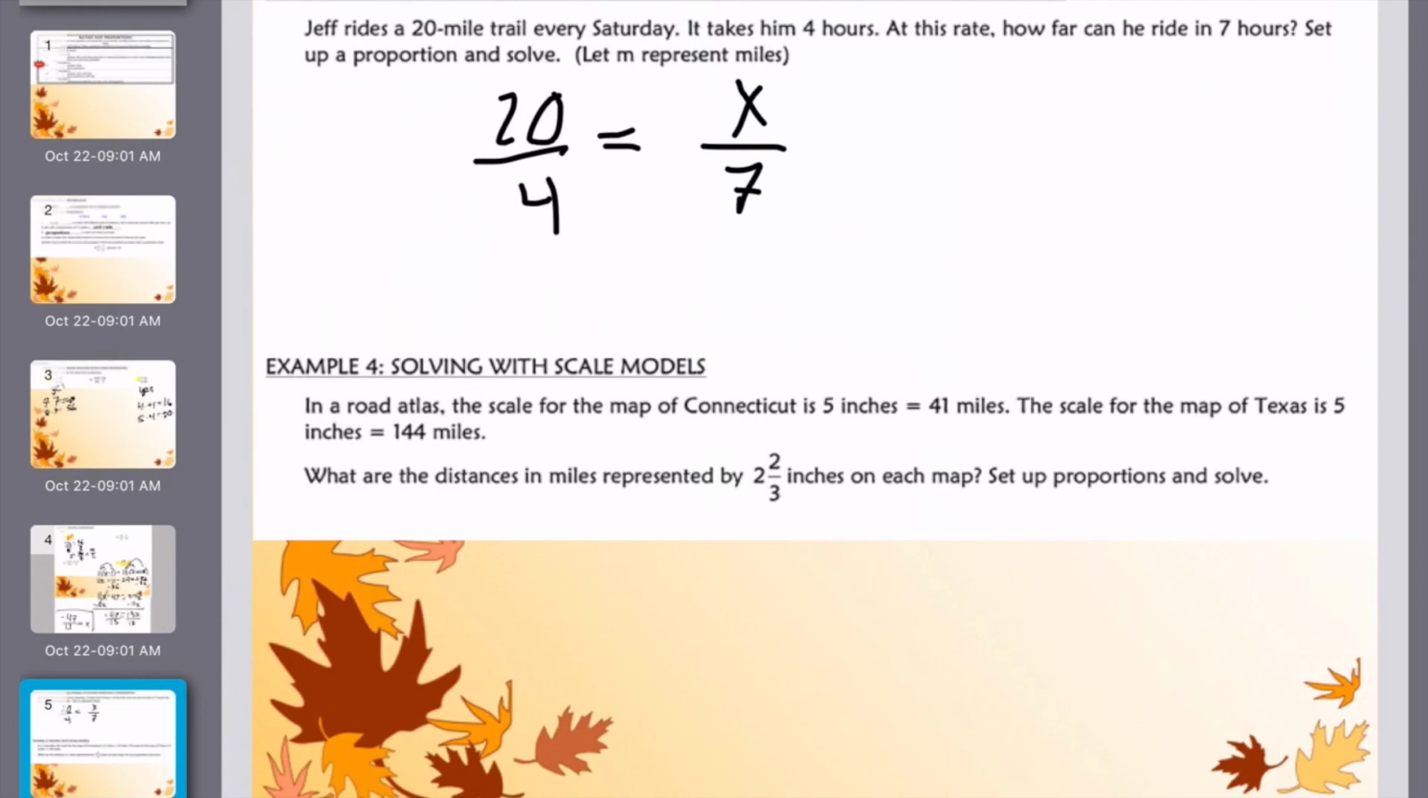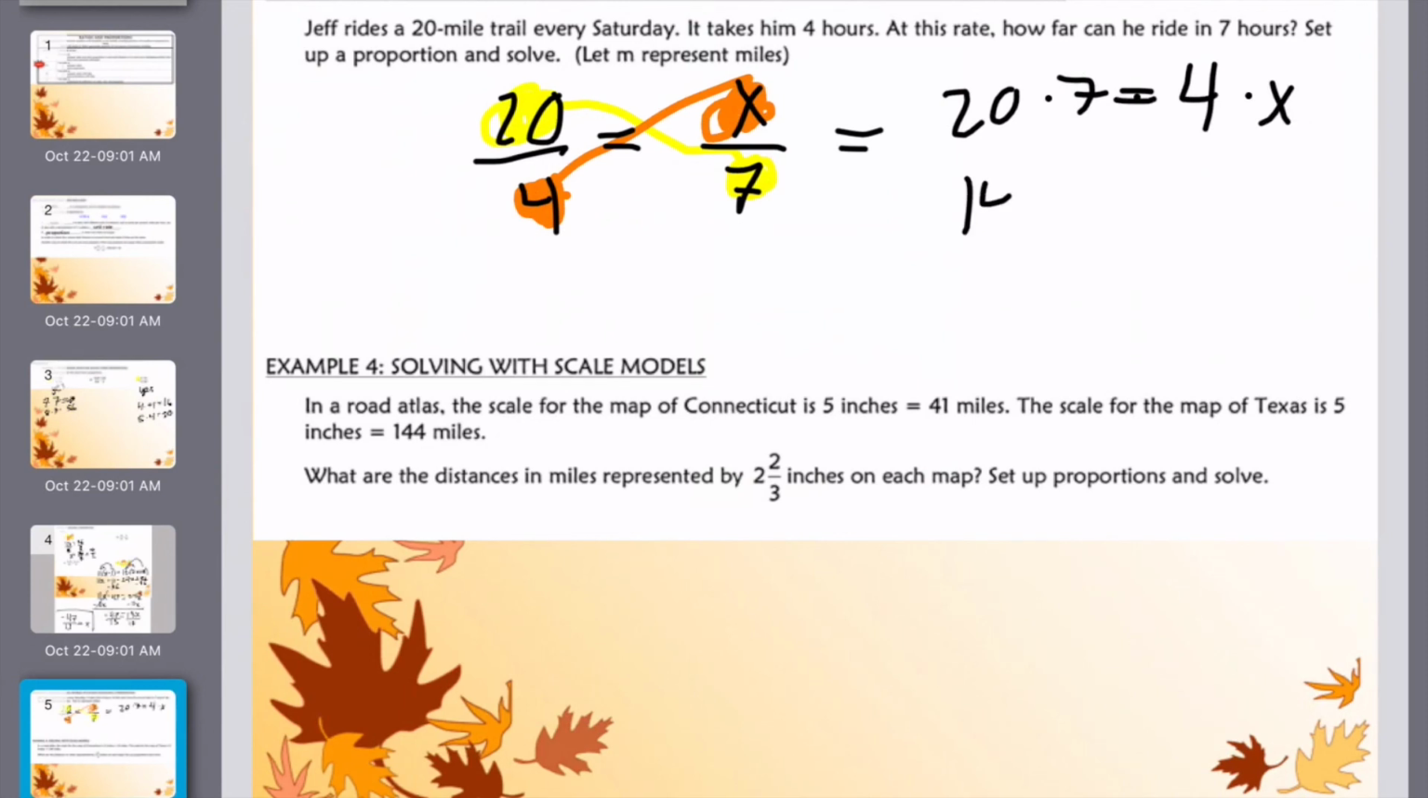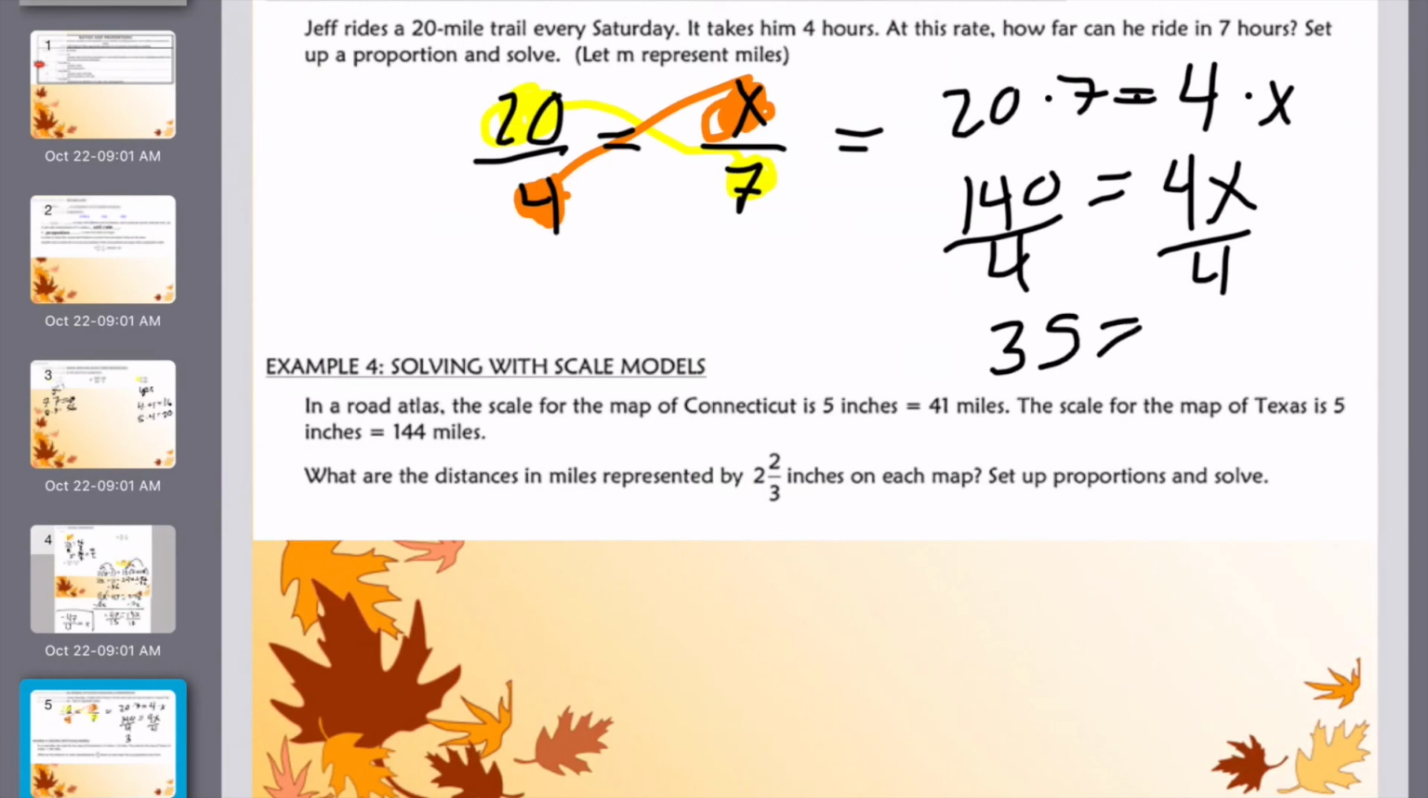Well, we pretty much just did that, okay? So I have 20 times 7, and then I'm also going to have 4 times x. So I get 20 times 7 equals 4 times x. That is going to be 140 equals 4x. If I divide by 4 on both sides, I ultimately end up with 35 equals